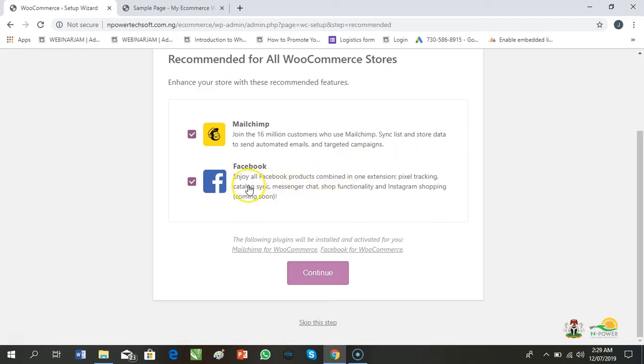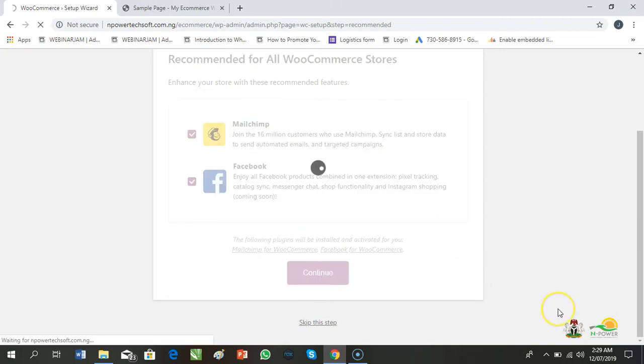With this you can set up pixel tracking of Facebook, you can do catalog syncing, you can integrate messenger chat to your e-commerce website, you can do shop functionality and Instagram shopping. It says coming soon by Facebook. So we are done with this. We're just going to hit the continue button.